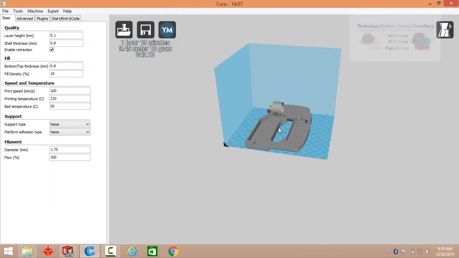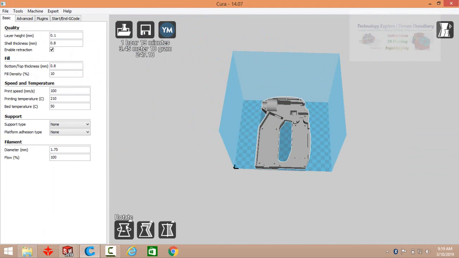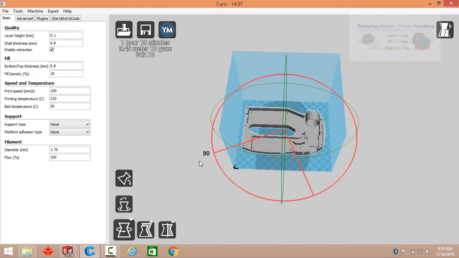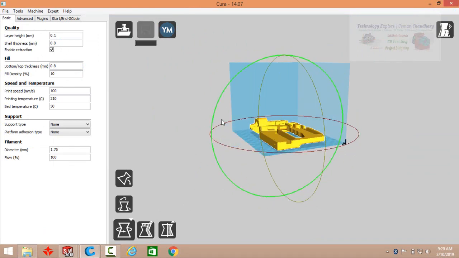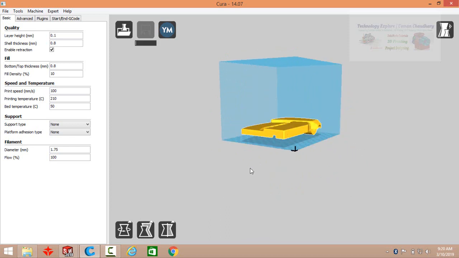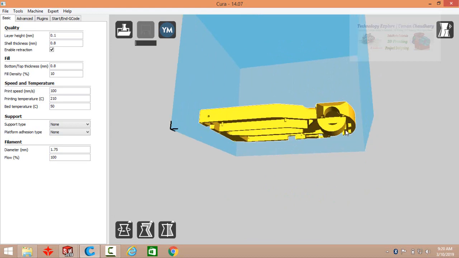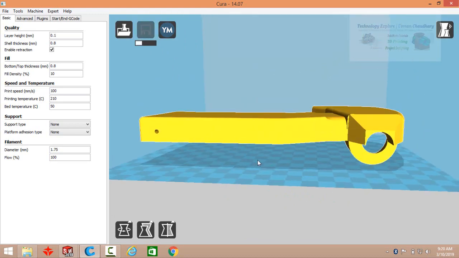So here in this model, as you can see, first of all let me rotate it. So here you can see we need supports for this side,